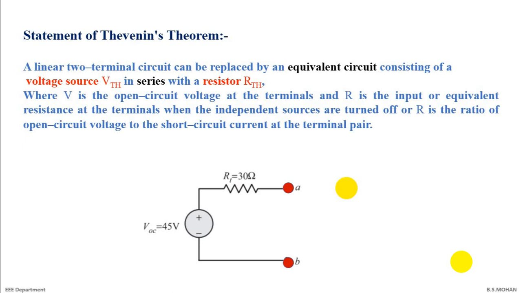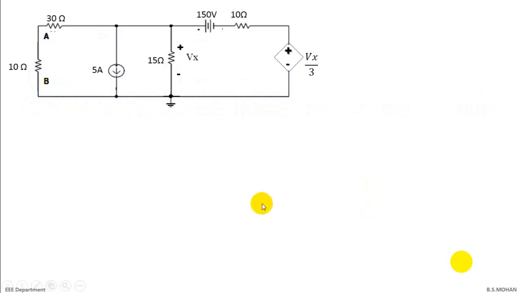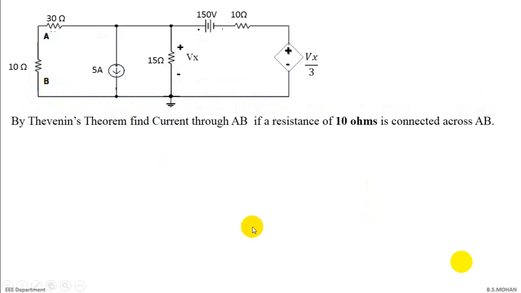Type 1 is with respect to independent sources, you can see here they've told something with respect to independent, and type 2 is with respect to dependent sources. So there's a different pattern, a small variation with respect to dependent sources, but independent is quite easy. Dependent also is easy, but there's one more step you have to do additionally. So let's see that. Let's say this is the problem given, and let's say they're asking us to find